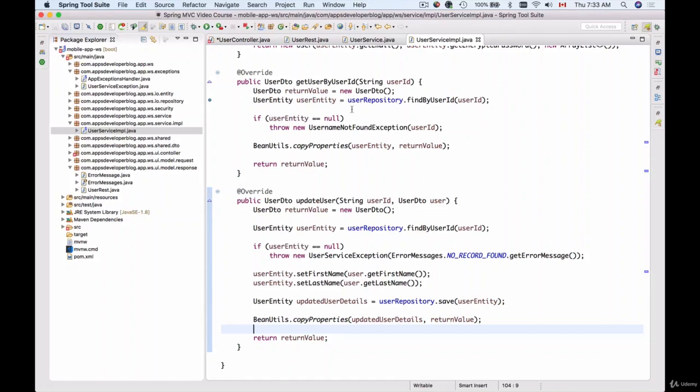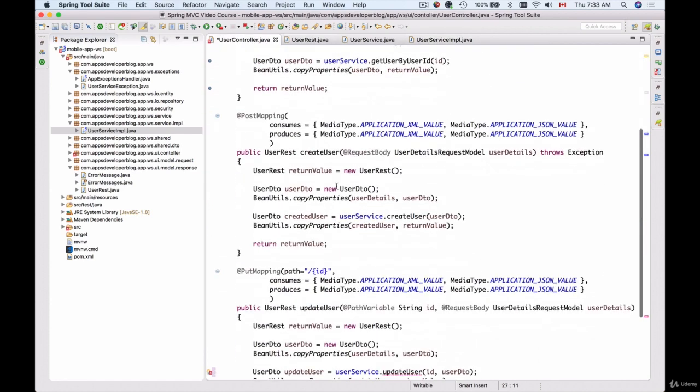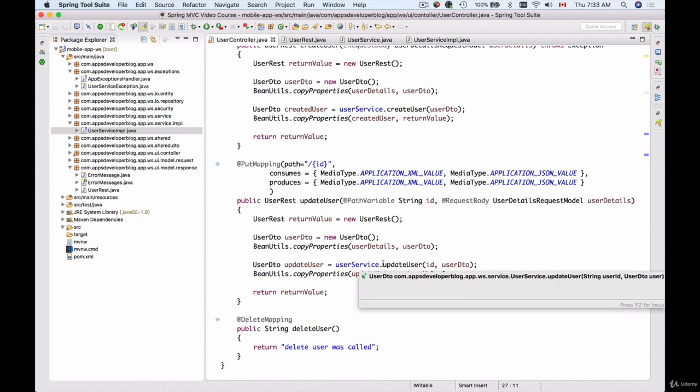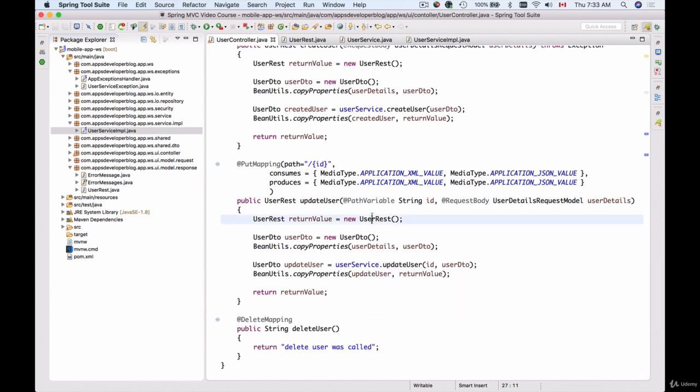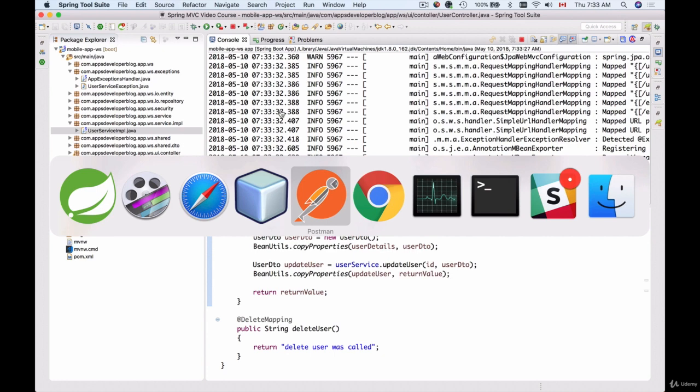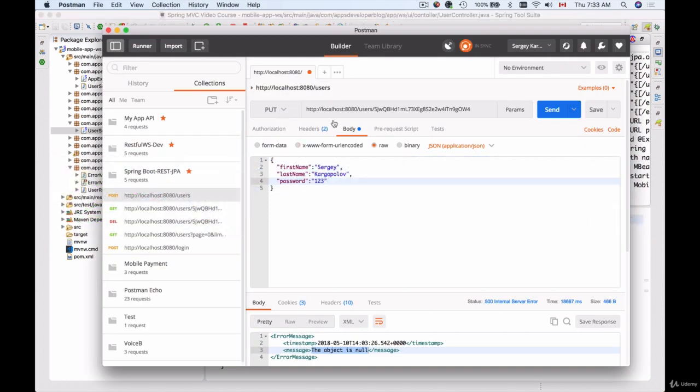Okay, so we've added the update user details method into our service layer class, and we have updated the user controller method here. Let's save this work as well, and now let's run this application and see if it works. So I will run it, and I will switch to my Postman, and I'm going to send a request to